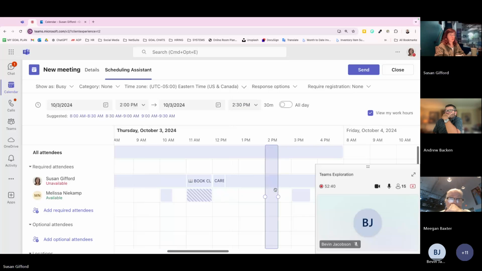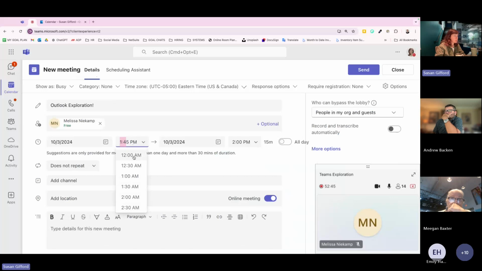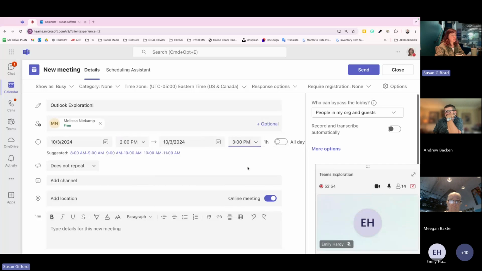To do. The details. Okay, let's see here. We're going to set it for 2 p.m. for an hour. And I did look up if there was any way to change the default of how long your meetings are when you're setting new meetings, and I wasn't able to find anything. I would rather have a default for an hour than 30 minutes. And I even tried the Outlook settings. I tried the team settings in the apps or the programs, and I didn't find a default event length setting